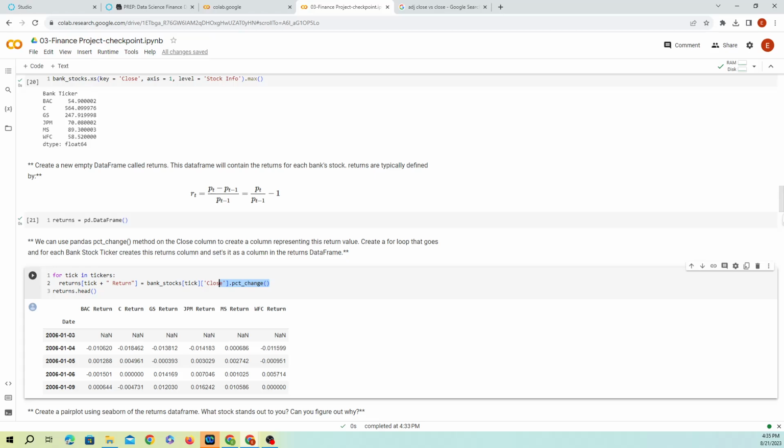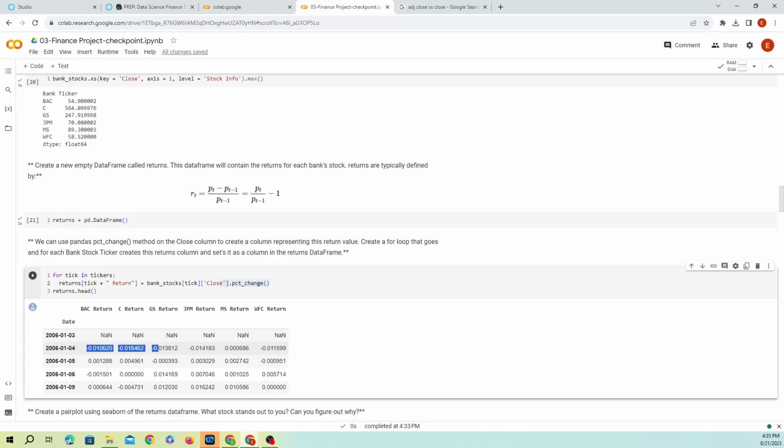You can see here the data frame, right? In the first one, you don't have any rate of change because you don't have previous information, but then you can have this change from the one before. You can see here that this is a negative value because it probably went down. So when you have a negative value, it means that it's going down, and a positive value means that the value is going up. This is just showing the first 5 values.